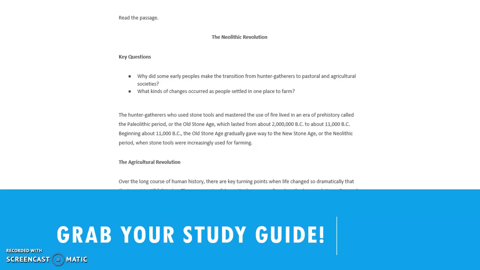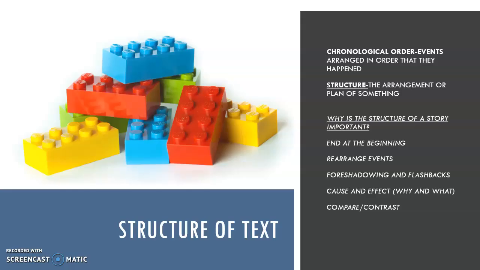So what I'd like you to do is go ahead and grab your study guide. You can find that in the 507 lesson under unit review, or maybe you already have one saved to your computer, which would be great. We're not going to read the story because that would take a lot of time, but I do want you to reference back to it because the questions we are going to go over have to do with the last excerpt of the Neolithic Revolution. So please go ahead and grab that.